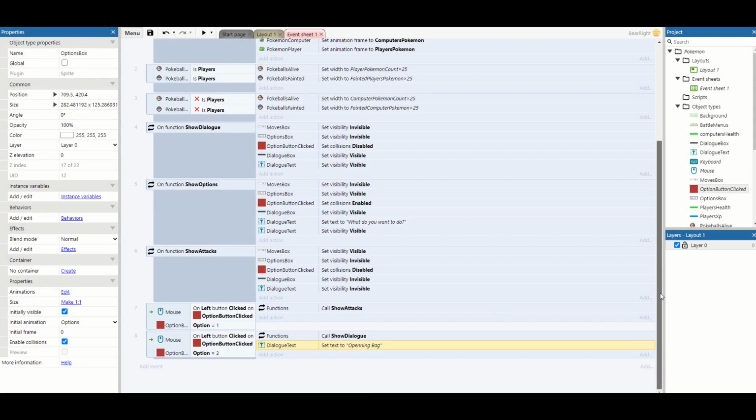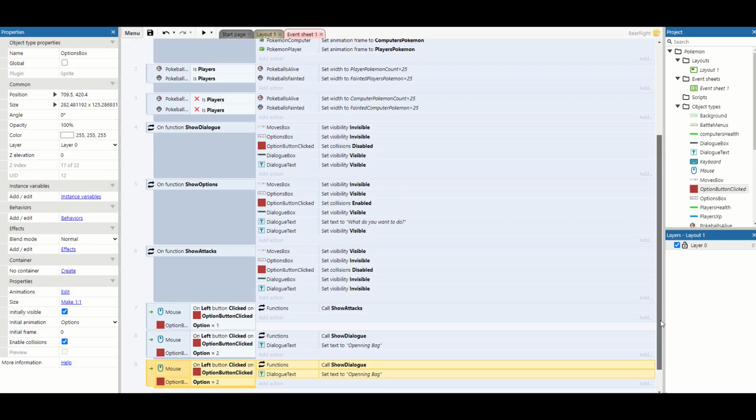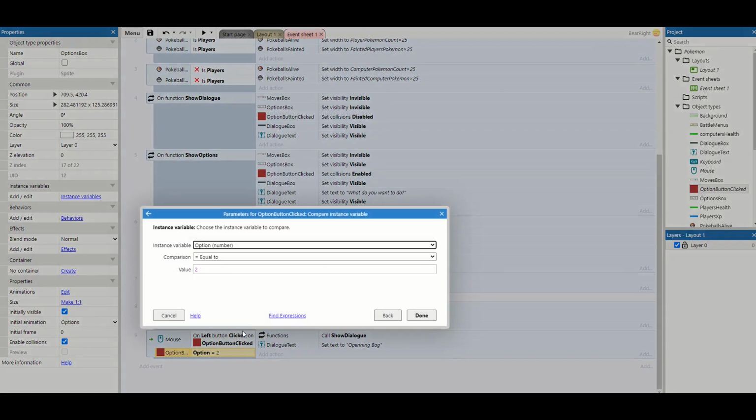So opening bag. Now, once we've opened the bag, we actually want to go back to the options menu. So we'll set something up for that in just a bit. We'll copy and paste this next one, and we'll just do the same. So option 3,